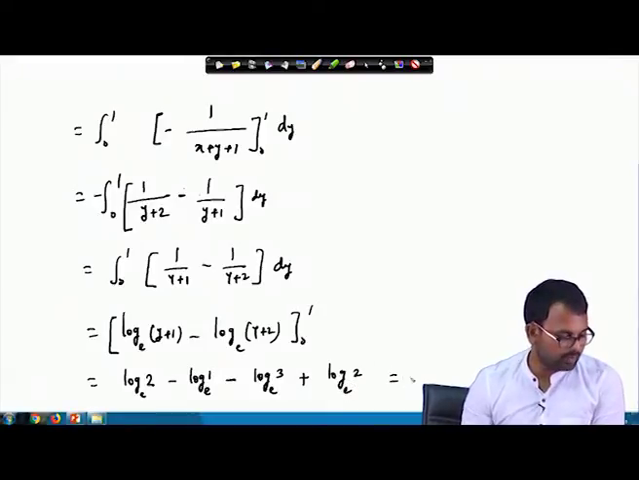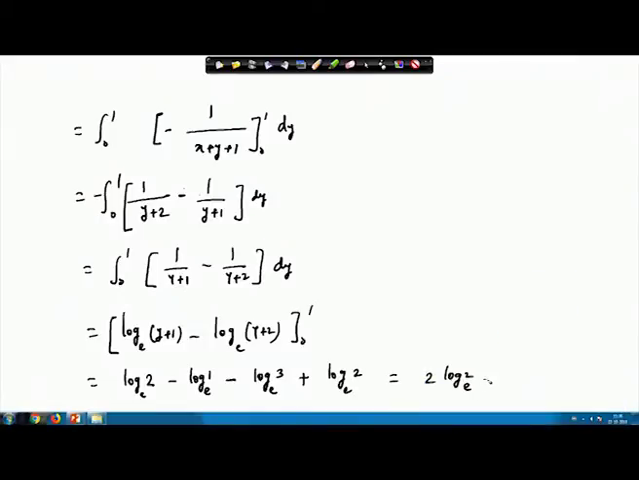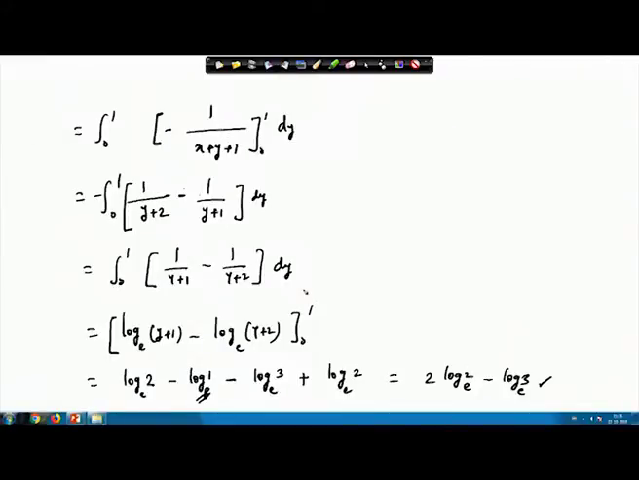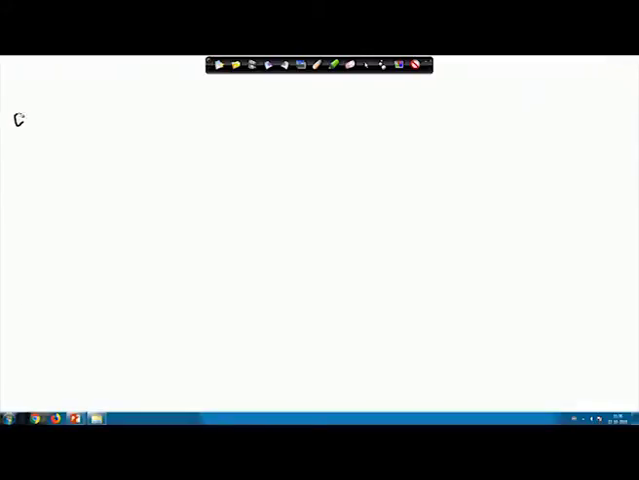So, we will basically be having 2 log 2 to the base e minus log 3. You can further simplify, but I am just leaving the result up to here. The value of log 1 is 0, which we know from the logarithmic results. So, this is our required result. So, see, here also we perform the same repeated integral property, that we integrate with respect to x first and then we integrate with respect to y. All right. So, now let us consider another example,